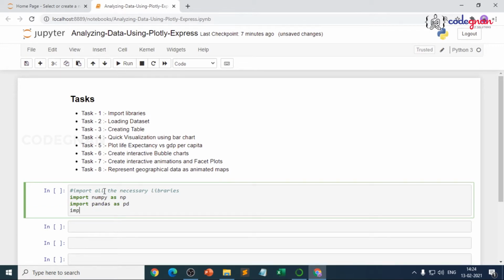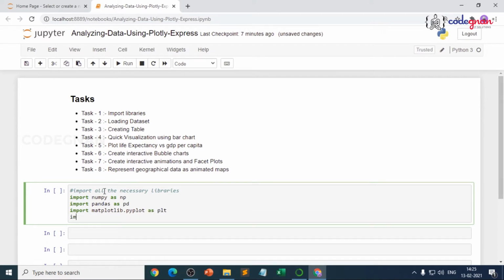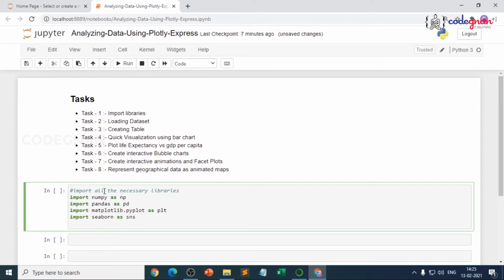And when you are going for any kind of plotting, it is necessary that you always import matplotlib. So import matplotlib.pyplot as plt. And also we will import the seaborn package so that whenever we require seaborn, we can use it. So import seaborn as sns, and here we'll give %matplotlib inline.